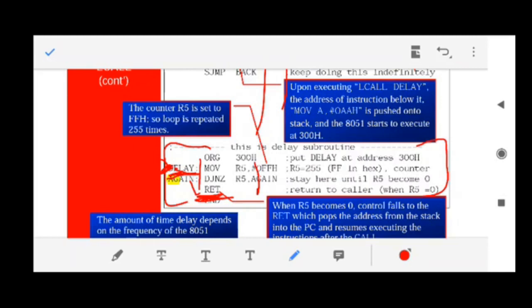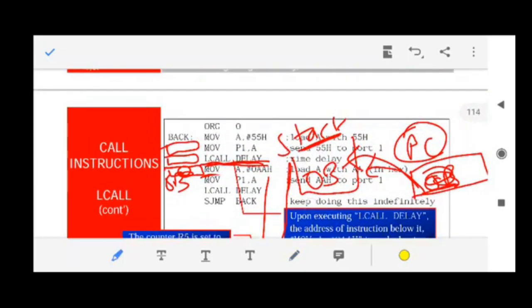It's always return. Fine. So what is the use of return? As soon as the 8051 encounters an instruction which is known as RET, that means you have to return to your main program. The subroutine execution has been finished. Now you have to again come back to your main program. And what was your main program? This was your main program. Fine. So how to come back to the main program?